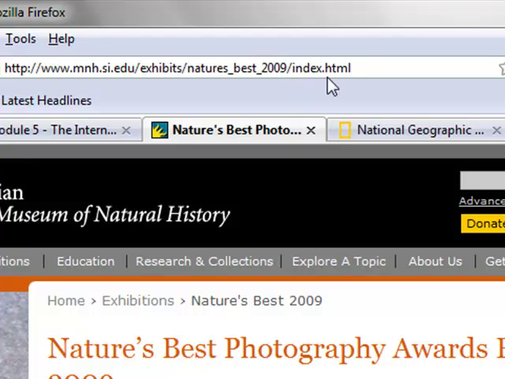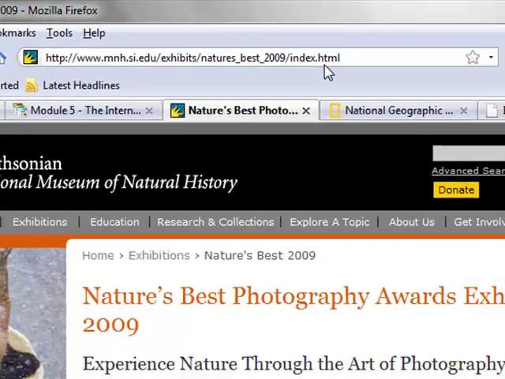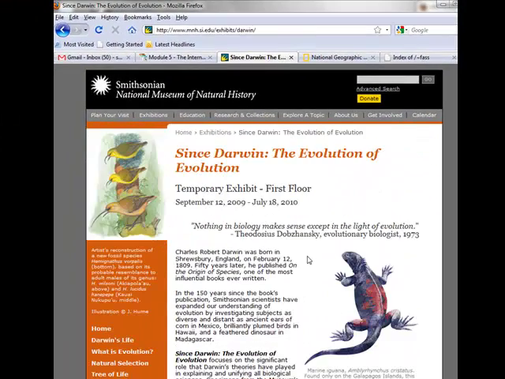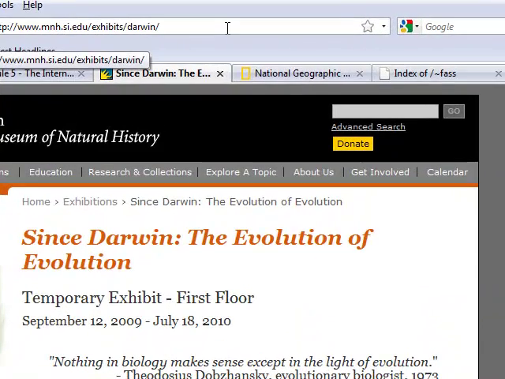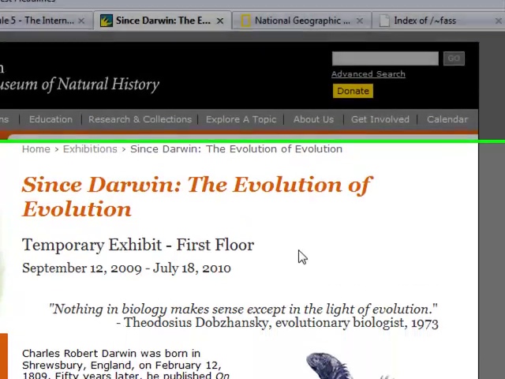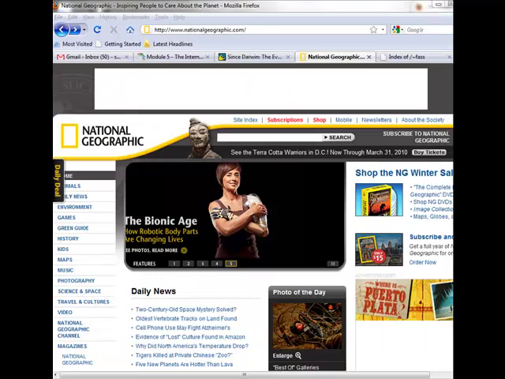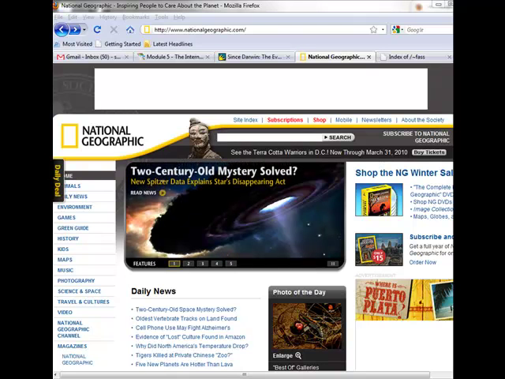If it was not showing, it would still display the main page because all web pages have index.html as their main page. In this example, there is no index.html, but you can see that it did land on the home page. This example is very similar to the last. It is the National Geographic main page,